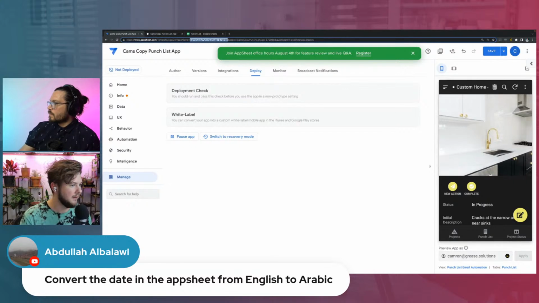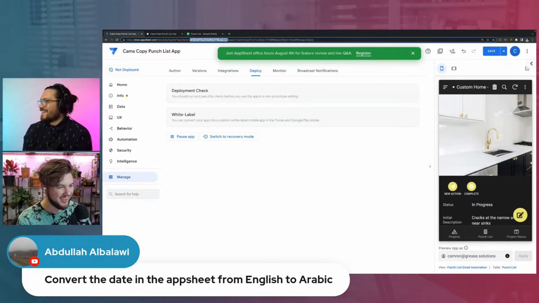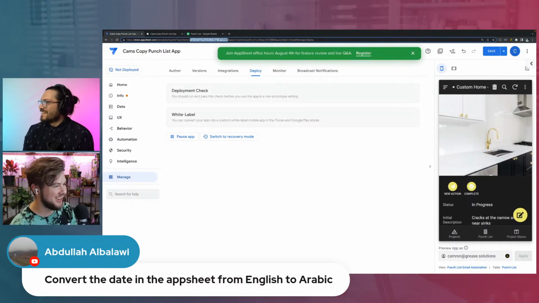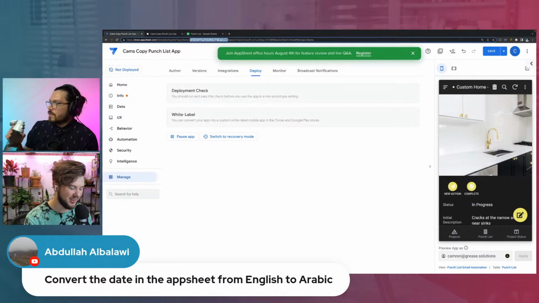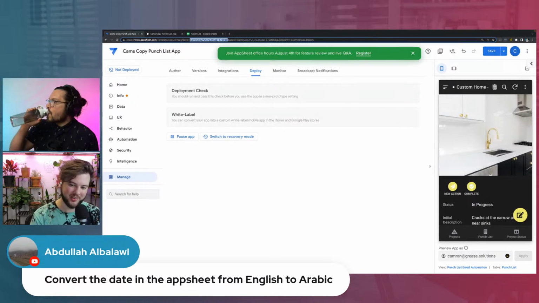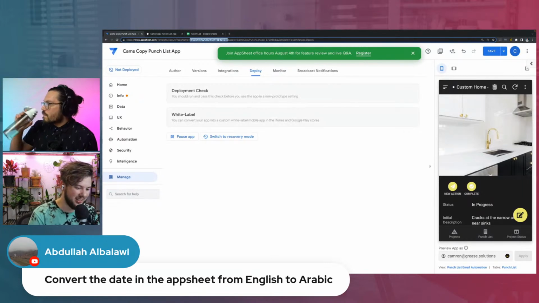All right, and then let's do one more. This is from Abdallah. He wants to know how to convert the date in AppSheet from English to Arabic. Is that possible? That is not something I've had to do before. I know Clark has worked on language. In general, how would you go about translating to different languages? What you could do is you could have a